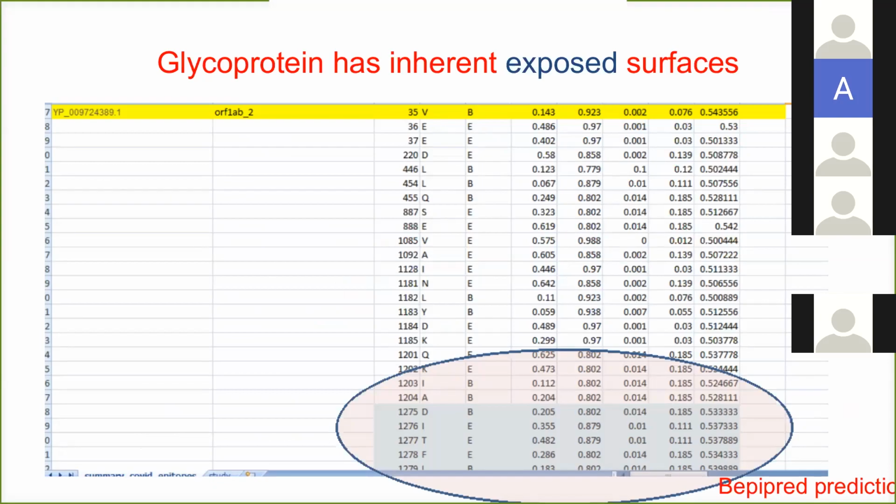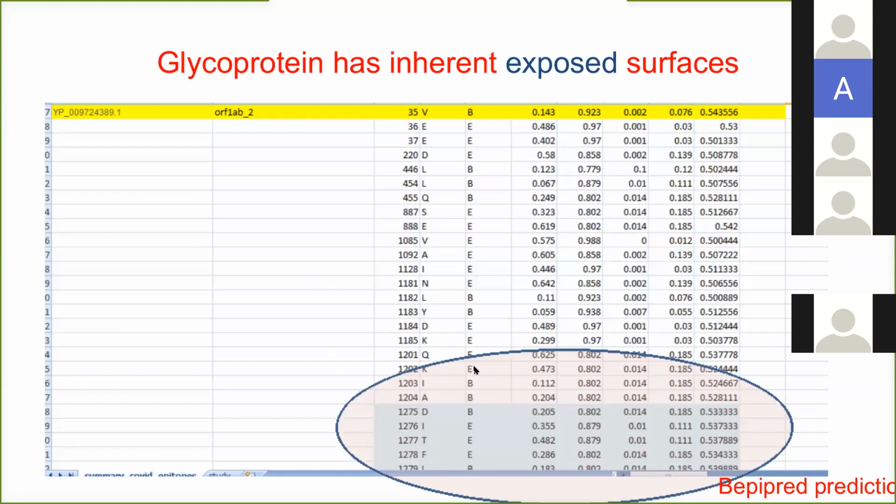We asked how many of these particular sequences have open surfaces, which means there are some exposed surfaces in the form of amino acids of the entire proteome of SARS-CoV-2. And if those exposed surface regions form a part of the helix, would there be any epitopes tagged to that? So if there are epitopes and exposed surfaces, and the structure is a helix, then that indicates that those particular regions could be better targeted.